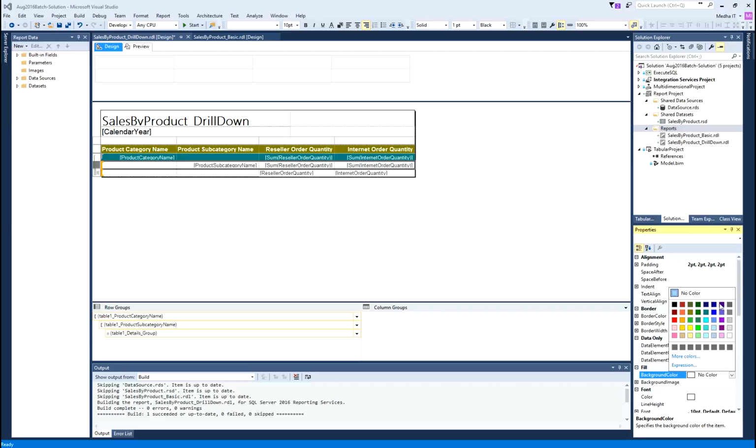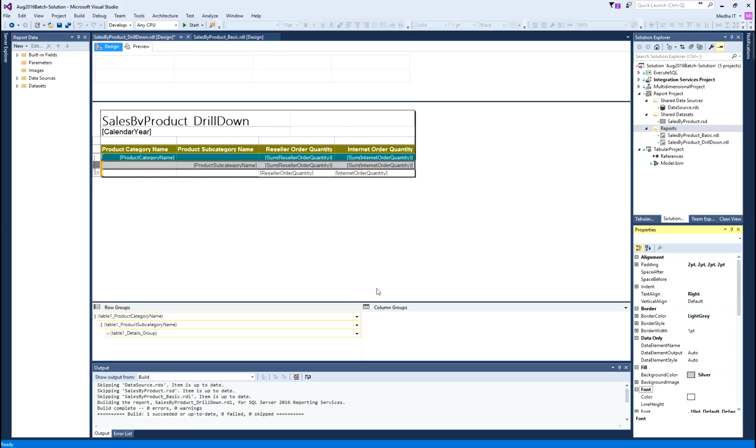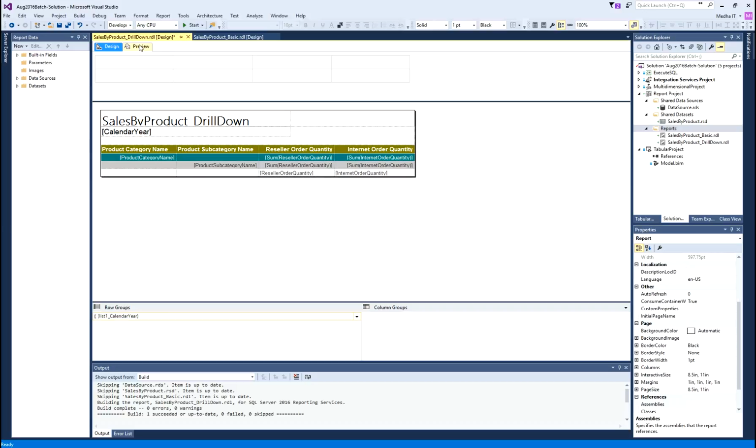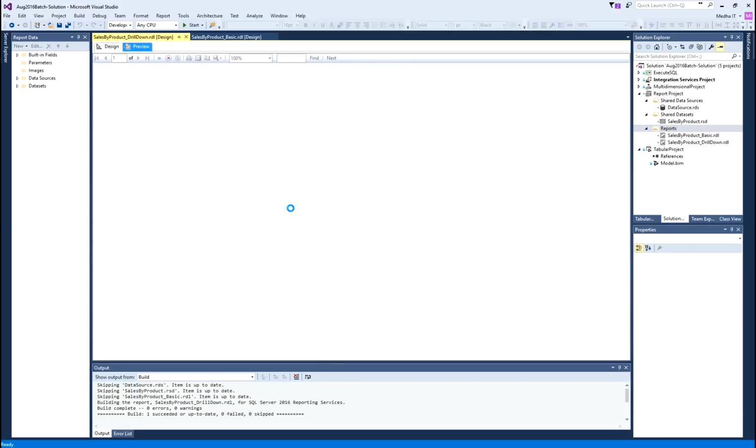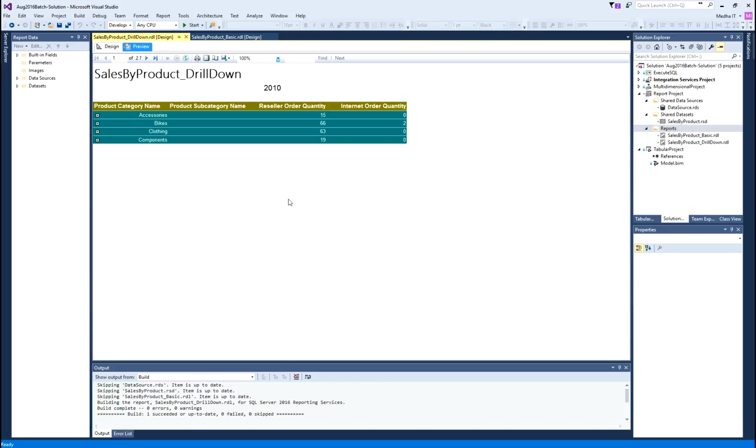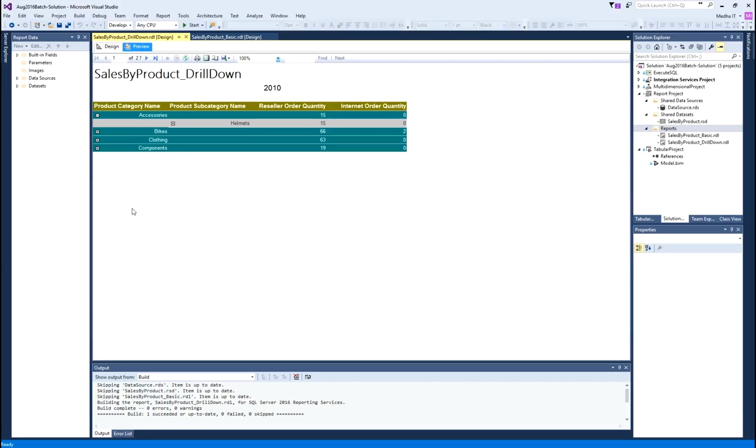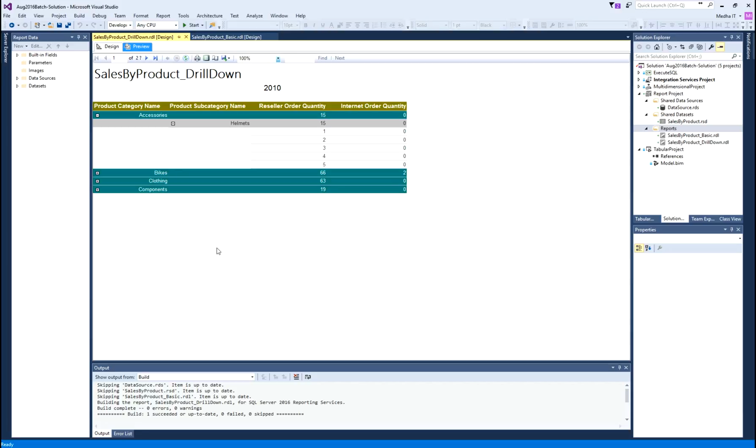I am just picking random colors, so this may not look good, but okay. Preview. So, that is my formatting. So, I just changed colors. So, like this we can